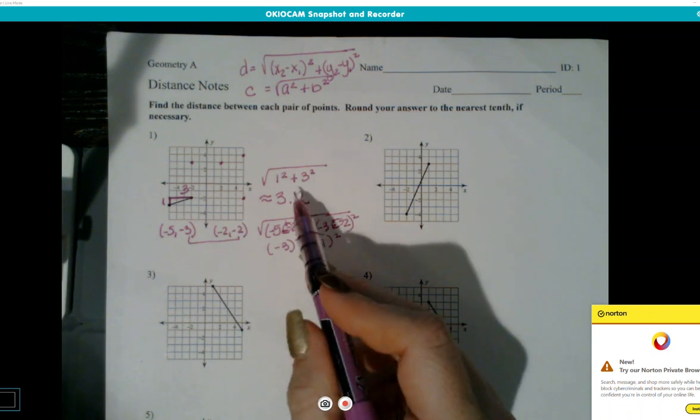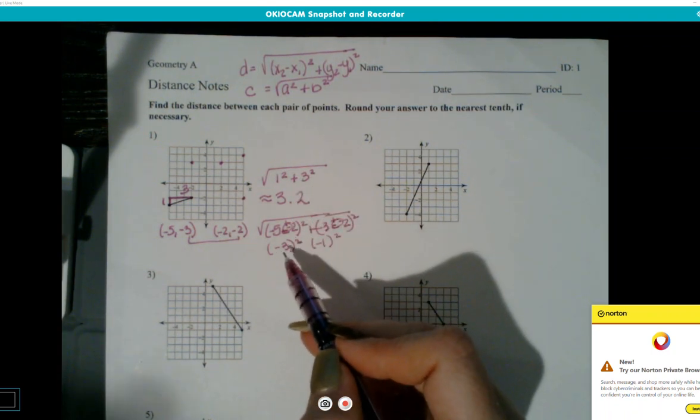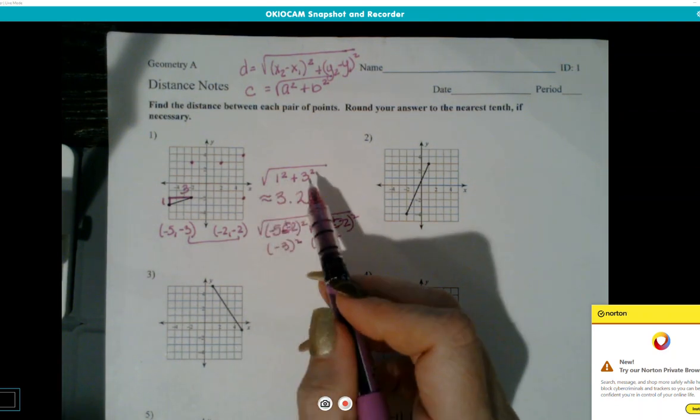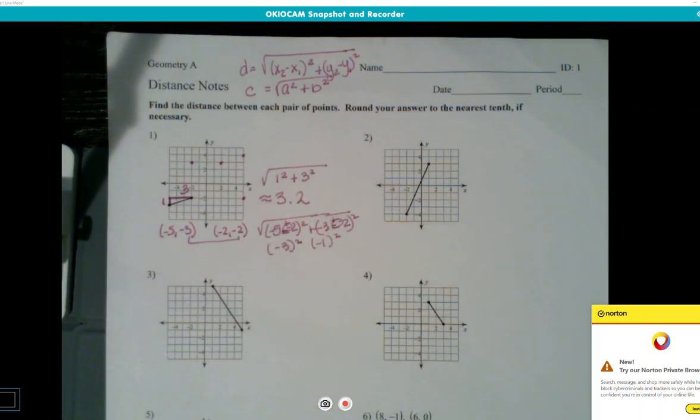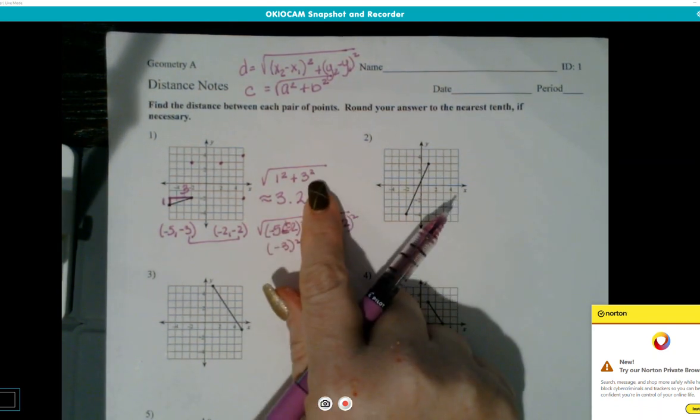And so you say, well, that looks different than this. Well, what happens is when we square a negative, it becomes positive. So this is really just 9 plus 1, which is 10. This is 9 plus 1, which is also 10. So you can see how writing all of this may be a little more difficult than this, especially when it's